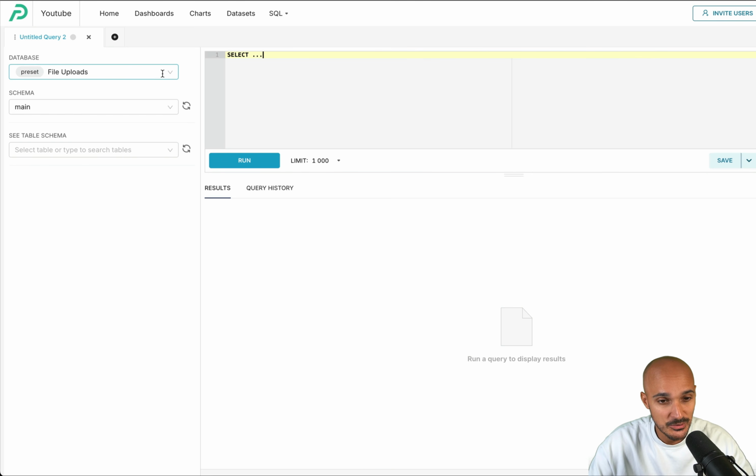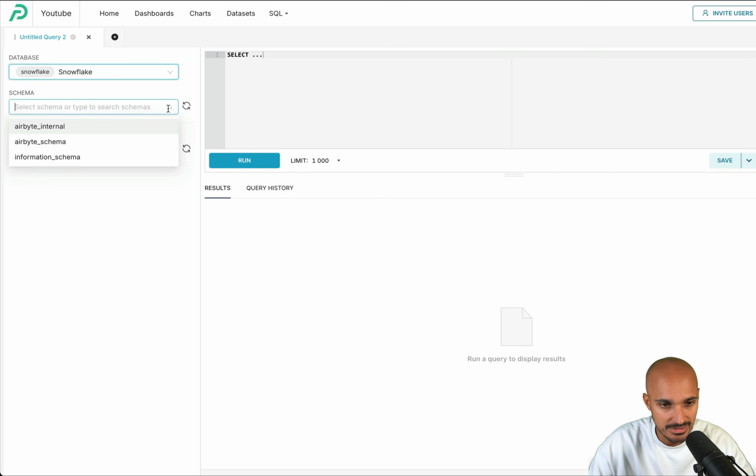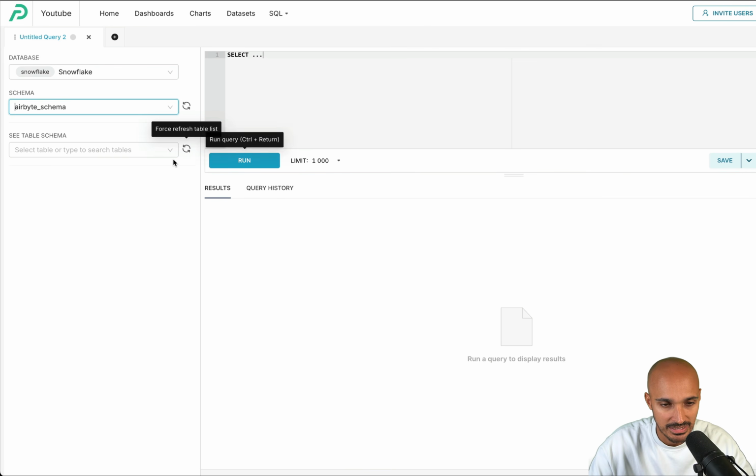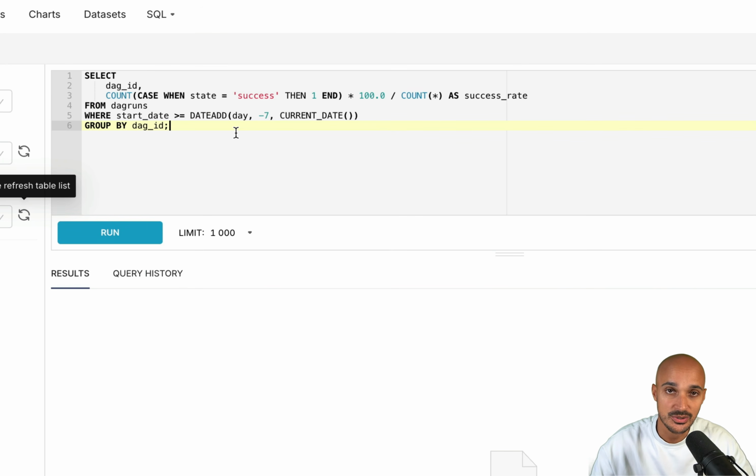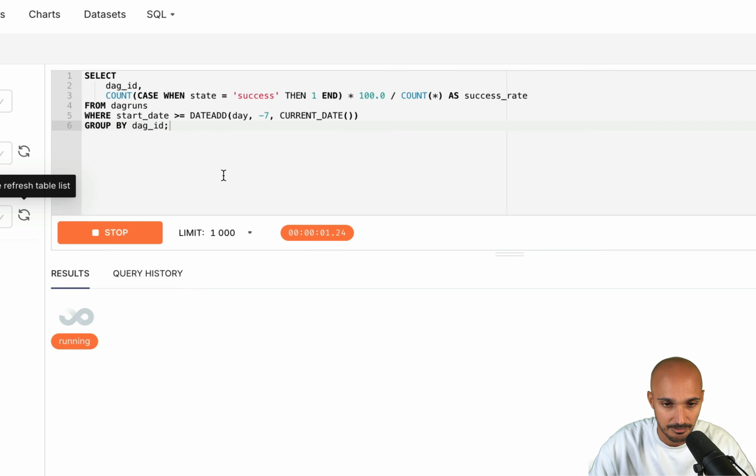Okay, the first step is to go on the left and then select your database, which is Snowflake. And then you can see the different schemas that you have. So let's select Airbyte schema. And now you can see the different tables that you have access to from this schema. In this case, DAG runs, DAGs, and task instances. The first SQL request we want to run is this one in order to know the success rate of the DAG runs. So if you run that SQL request,